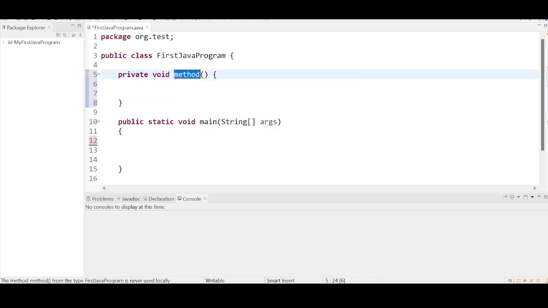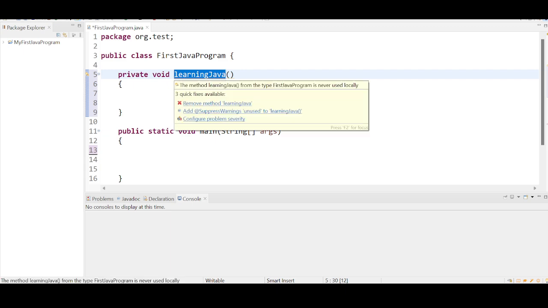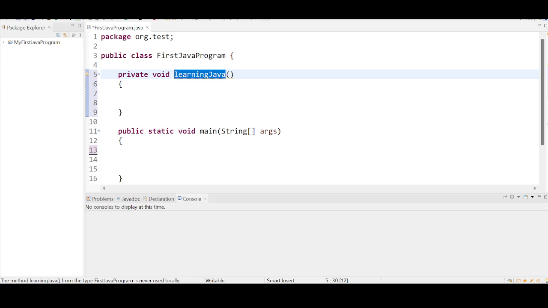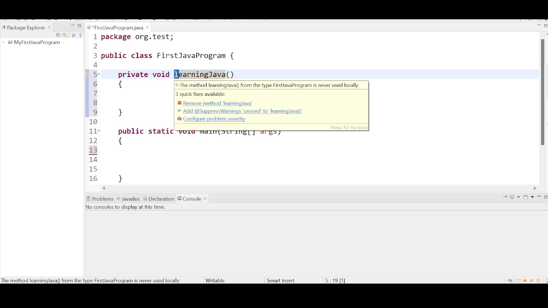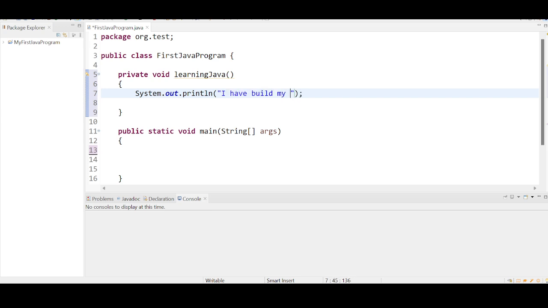Let us give a meaningful name. Learning Java. You can give any name. For simplicity, I am taking the name as learningJava, which follows the camel case naming convention. The first letter of the first word is in lowercase, and the first letter of each consecutive word is in uppercase. So let me give a simple business logic. I have built my first Java